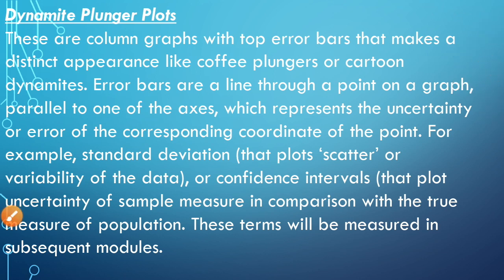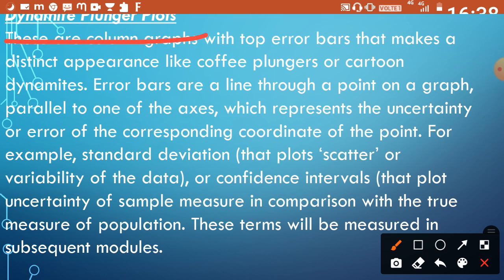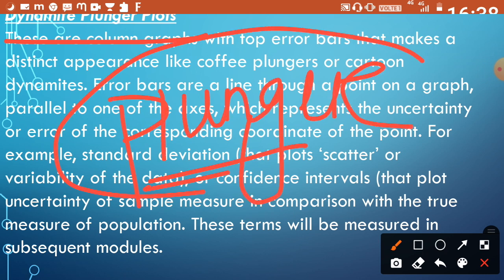Yeah. So this is what your dynamite plunger plot is about. I have already explained what a dynamite plunger is, right? I have already shown you what a plunger actually looks like. Fine. So what is actually a dynamite plunger plot? Now, if you research and Google about it, you will find it difficult, right? Very little information about the dynamite plunger plot is there on Google. Even I searched about it and I didn't get any information. We can't plot the dynamite plunger plot in our notebooks, right? These graphs are actually plotted in some kind of software.